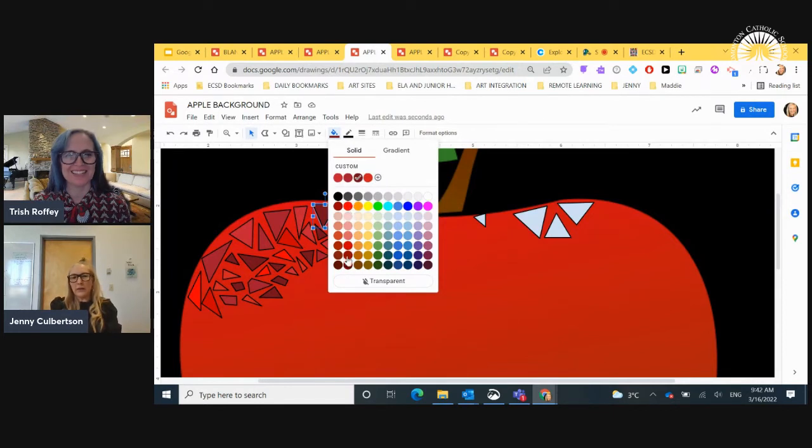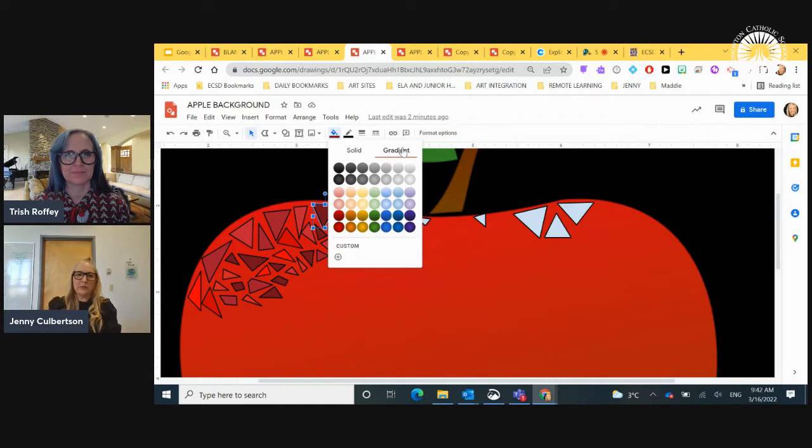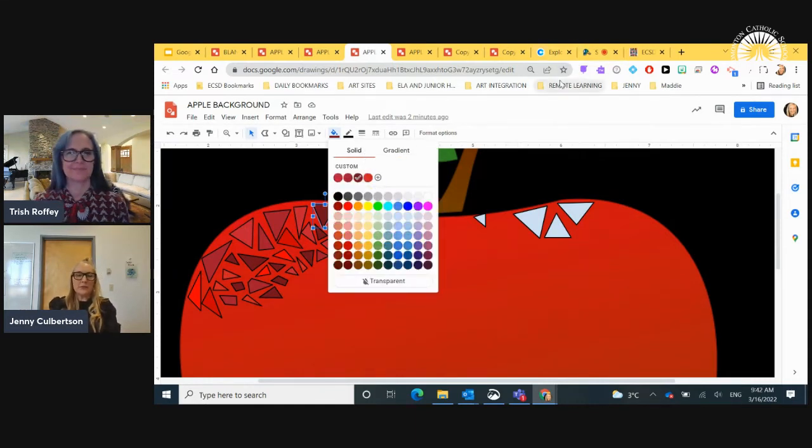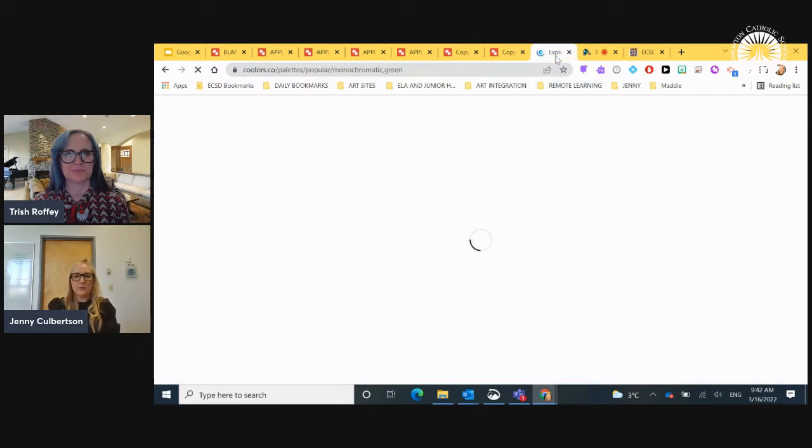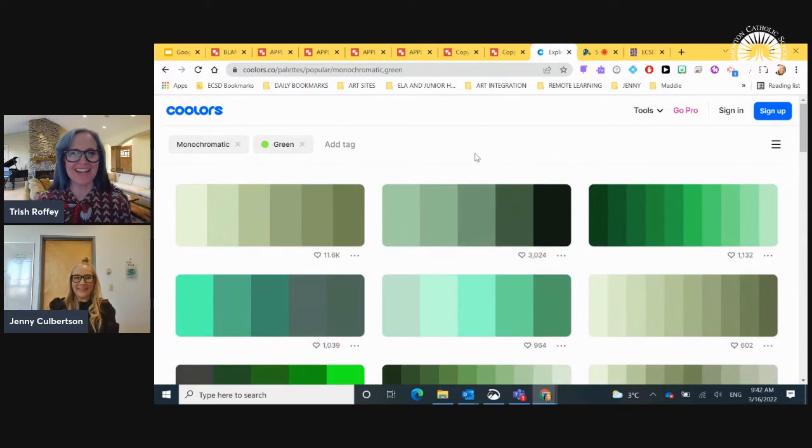And we have our regular kind of colors. We've got gradient that we're used to, but there's a really cool site, and I've added the link on your Google slide, and it's called Coolers. I love Coolers. I know, right? So great. And it's so much fun. It's what I was using. It's paint chip heaven. So this is, as Trish was saying, paint chip heaven, and it will give you all of